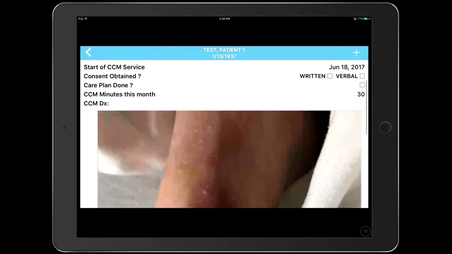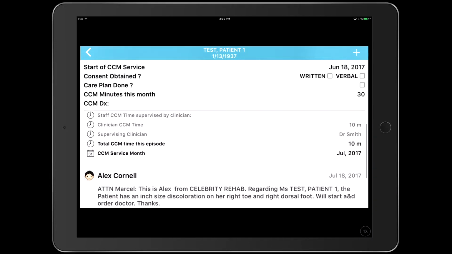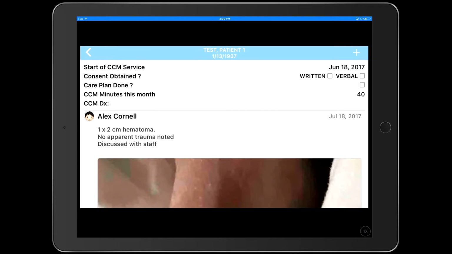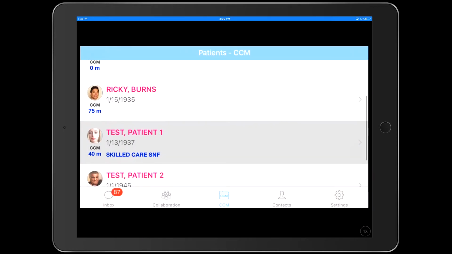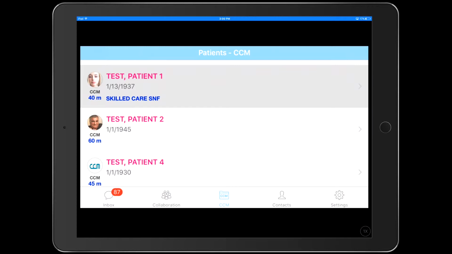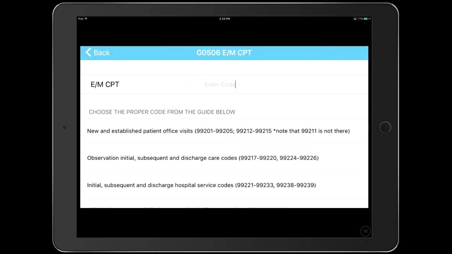So 30 on my earlier input and 10 minutes on this picture, I get 40 minutes of total cumulative CCM time so far this month. So when you go to your CCM module, you see the total time for the month so far as 40 minutes. Let's talk a little bit about